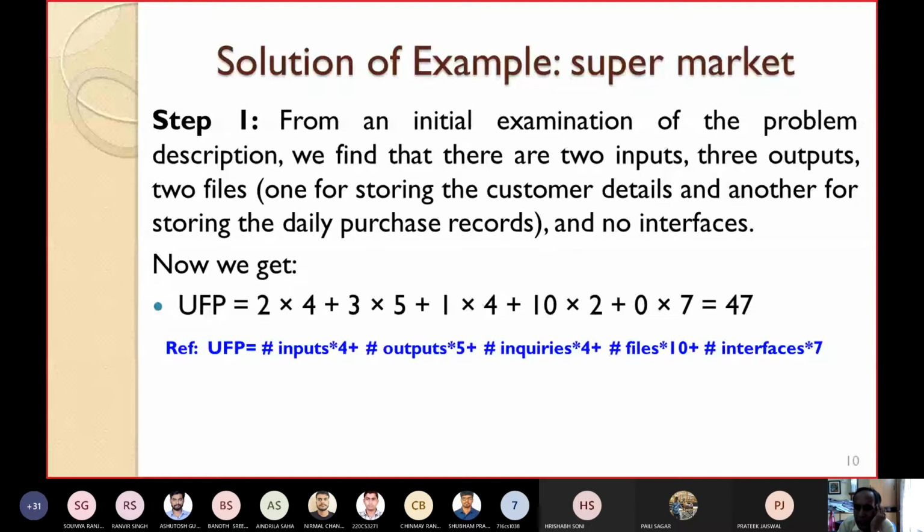Maybe a command you can fire a command. That cannot be considered as an input. Input means, please see my definitions of all these values. What is a user input? What is a user output? I have already given the definitions in the first class. Please have a look into that. The command cannot be considered as an input.